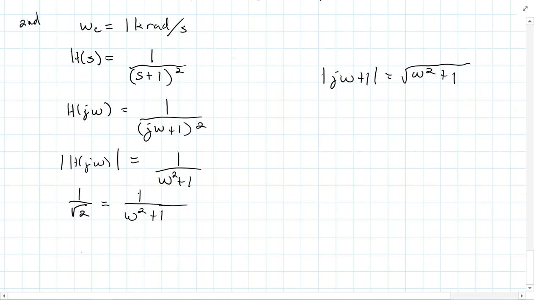So I would have this being omega squared plus 1 is equal to the square root of 2 times 1. And then you'd have omega squared is equal to the square root of 2 times 1 minus 1,